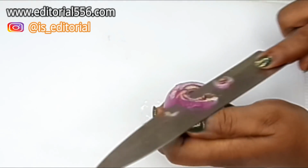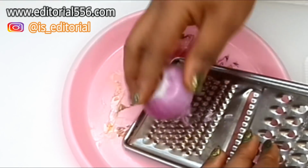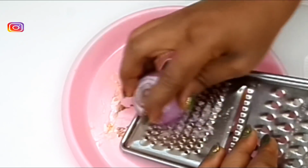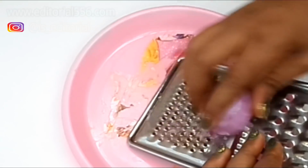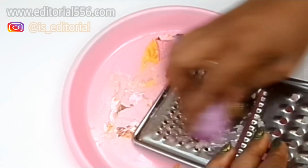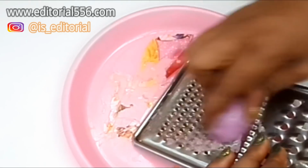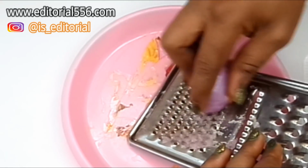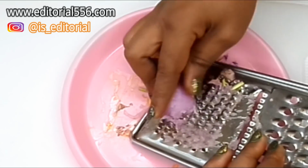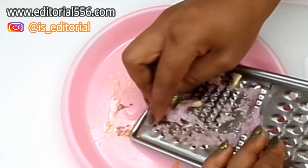I'm going to be grating the onion, but if you don't want to grate yours, you can blend it. The reason I love to grate my own ingredients is that it is very easy for me. The grater is very reachable and I can just grab it and start grating. You have to make sure to grate or blend all of the medium